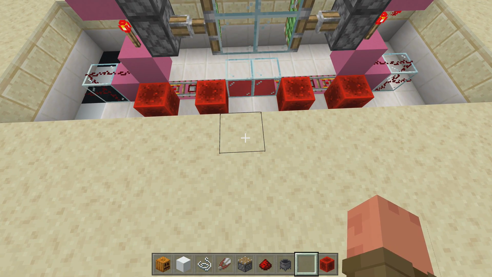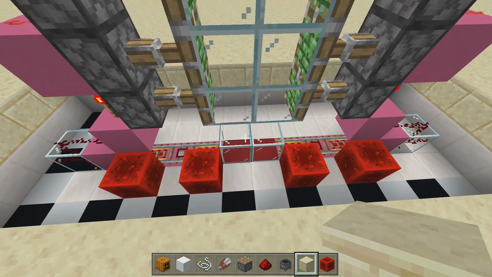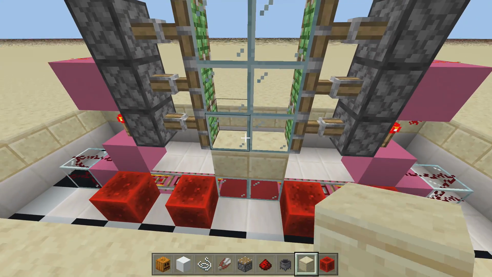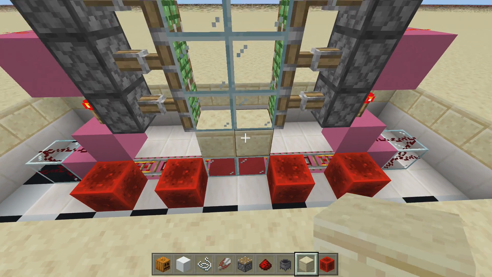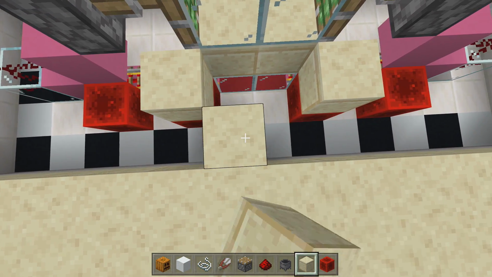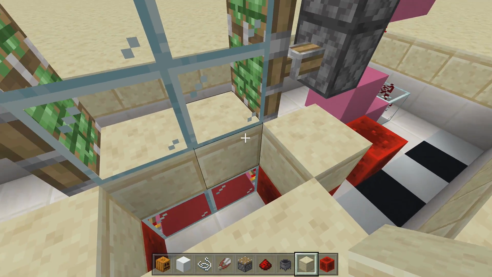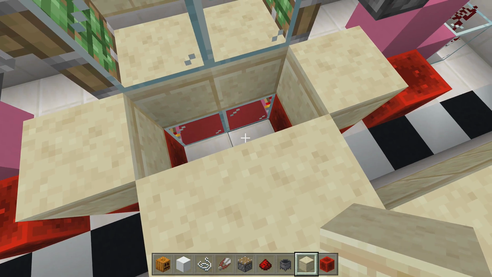So first things first, just take out your blocks of choice. These are the ones you'll see for your flooring. And we're just going to place 2 up right here underneath our door. Then we're going to place 1 more up on each one of these redstone blocks, and then 2 more up right here. You have to put your golems inside of a complete closed space, because if you have even 1